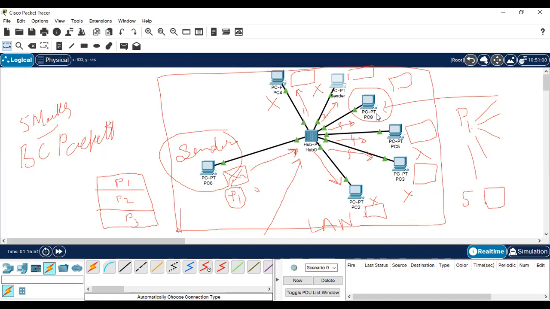Whereas when it reaches PC9, it will say, okay, this is my packet, and the packet will be successfully delivered to PC9. So this is how one packet reached the destination.